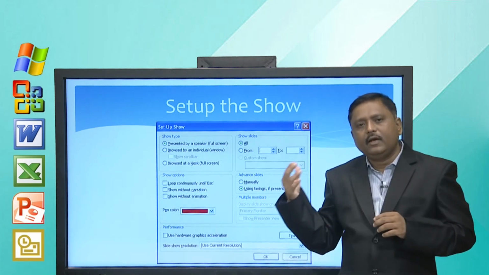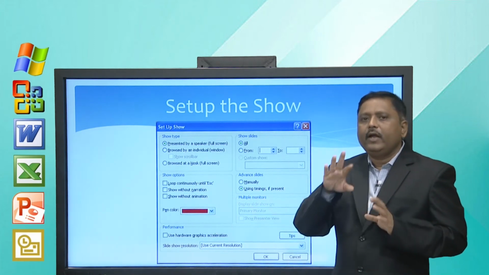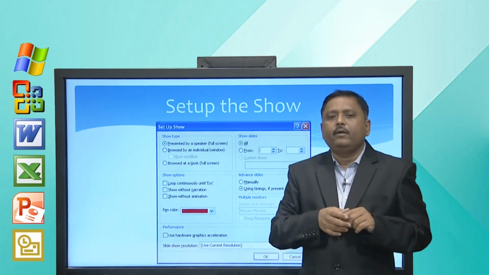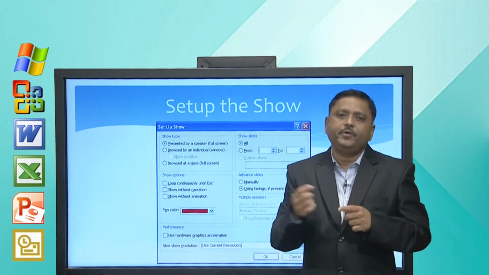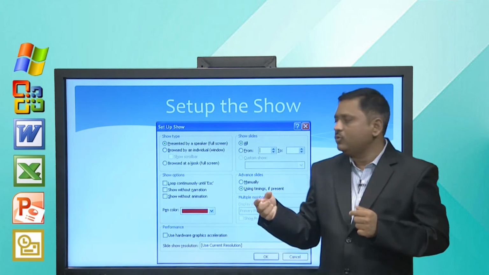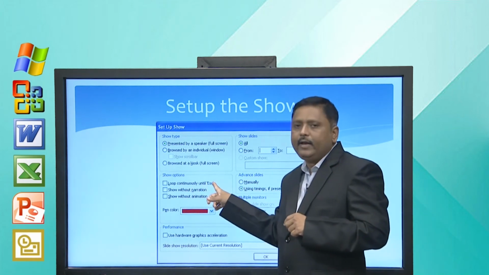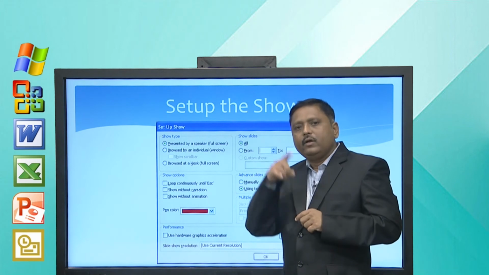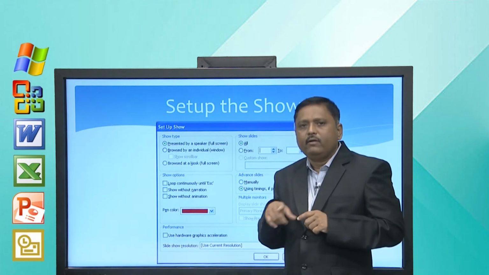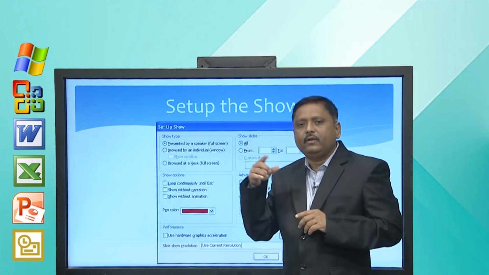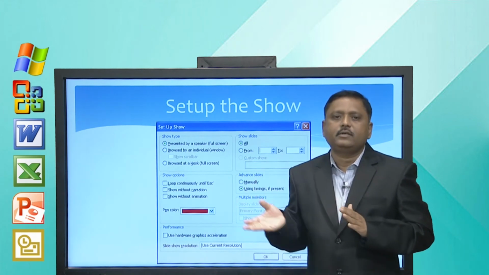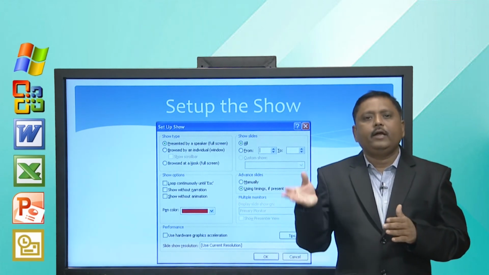So, whenever the last slide appears, it will not return to PowerPoint, but it automatically switches to the first slide. So, loop continuously until escape will keep the slides rotating, and whenever the last slide appears, it again